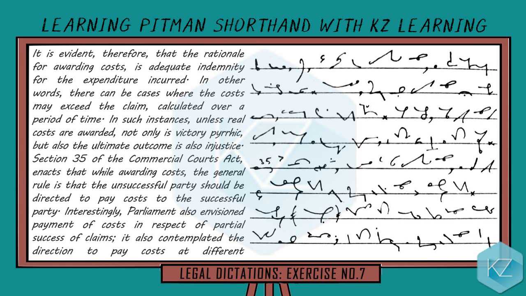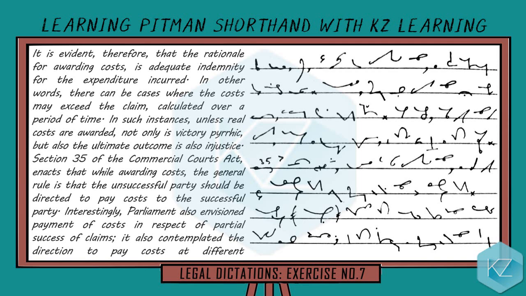Exercise number 7. It is evident, therefore, that the rationale for awarding costs is adequate indemnity for the expenditure incurred. In other words, there can be cases where the cost may exceed the claim calculated over a period of time. In such instances, unless real costs are awarded, not only is victory Pyrrhic, but also the ultimate outcome is